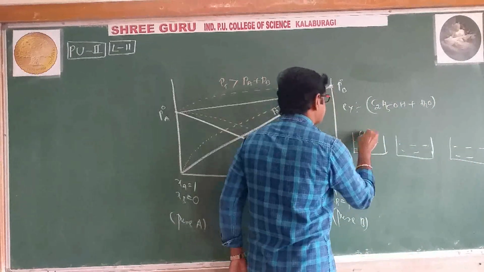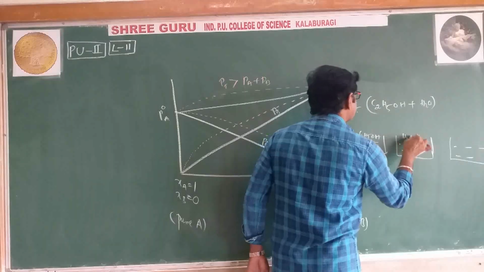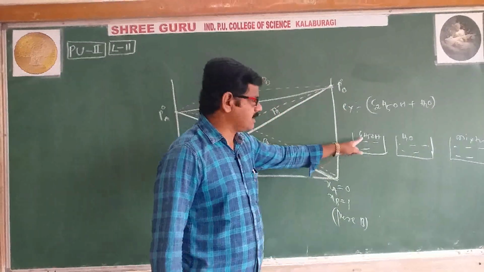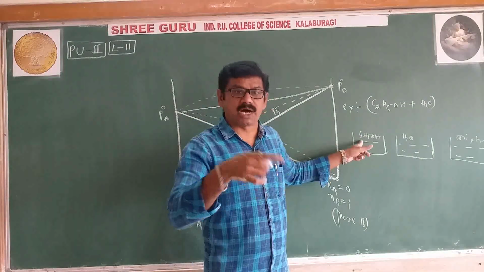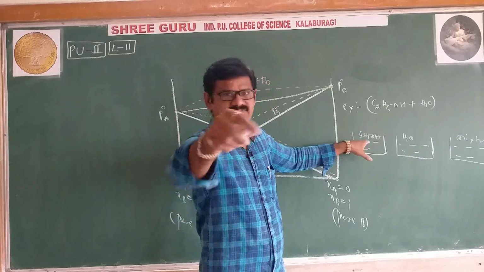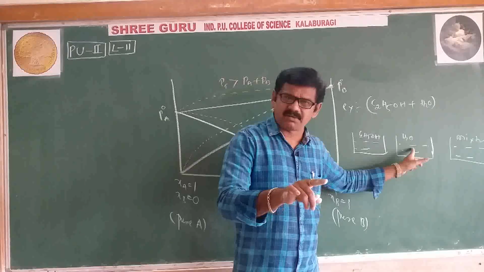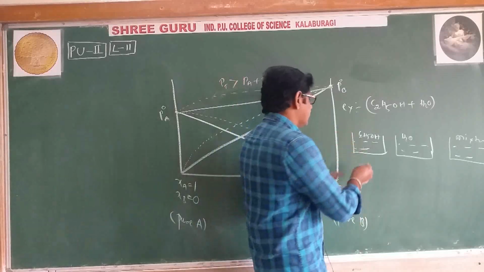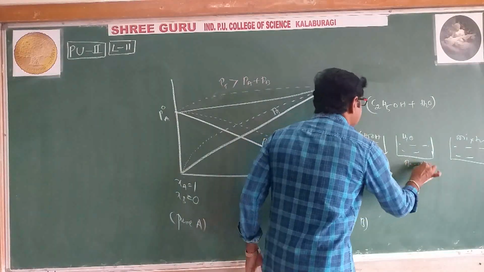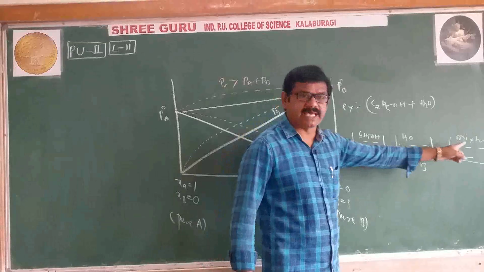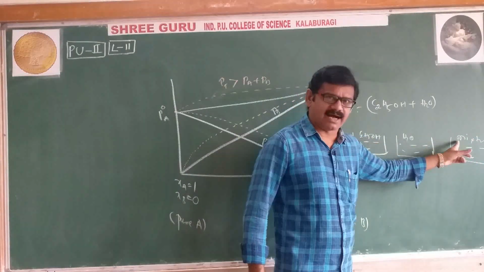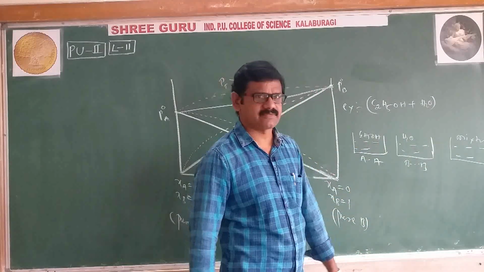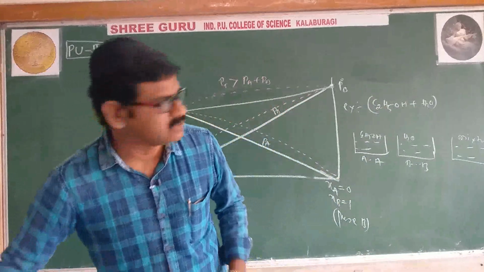In the first container, I am taking ethyl alcohol. In the second container, water. In the third container, the mixture, together. Now what happened? Between one ethyl alcohol molecule and another ethyl alcohol molecule, attraction forces are more because of hydrogen bonding. Between one water molecule and another water molecule, attraction forces are also more because of hydrogen bonding. Means AA and BB attractions are more compared with AB. Between ethyl alcohol and water, attraction forces are weak compared with these attractions. That's why it is an example for positive deviation.